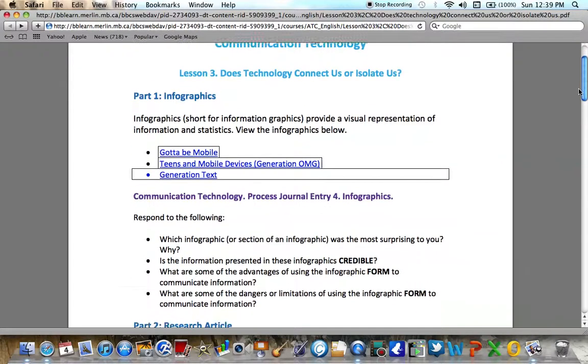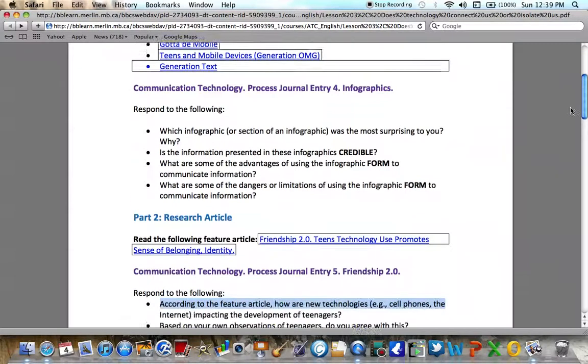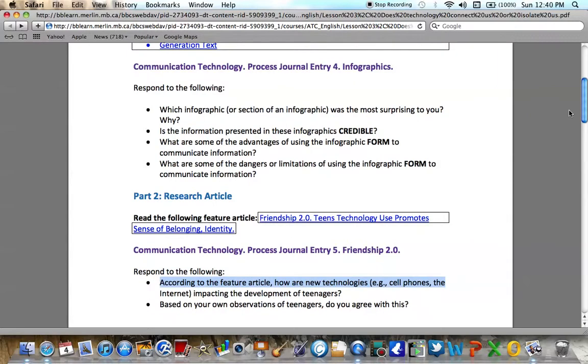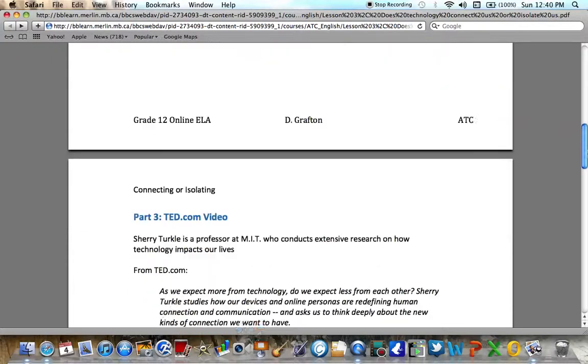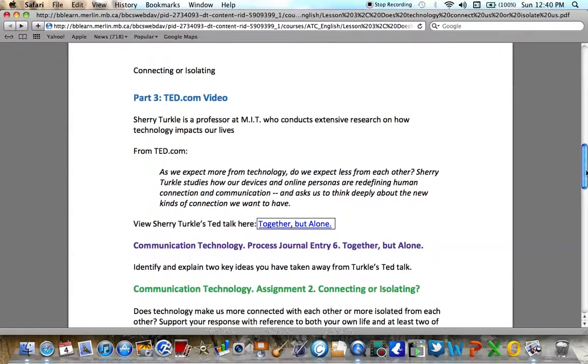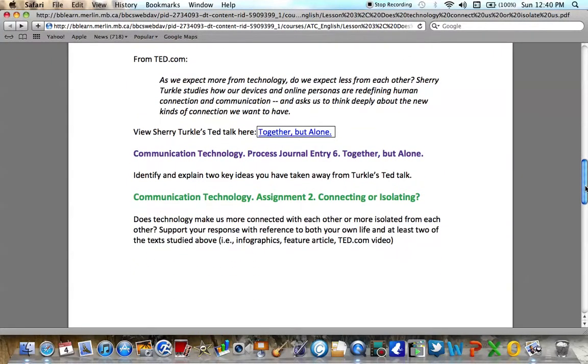There's 3 separate journal entries to make, and make sure to separate these. Don't clump these all in one journal entry. You should post these as Process Journal Entry 4, Process Journal Entry 5, Process Journal Entry 6. So don't mix them together. So when you write in the Process Journal, I'm going to go in, have a look at what you have to write and give you some feedback on it. Give you some feedback on your ideas.